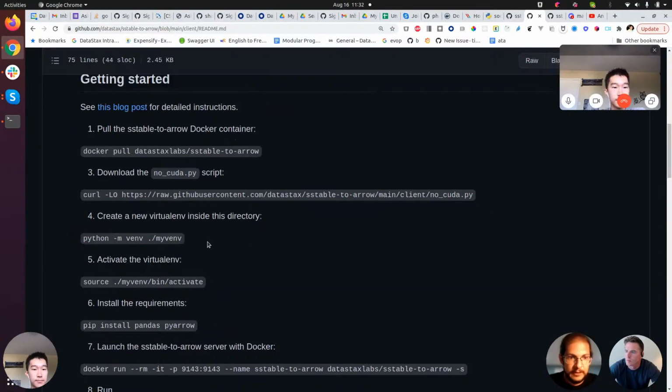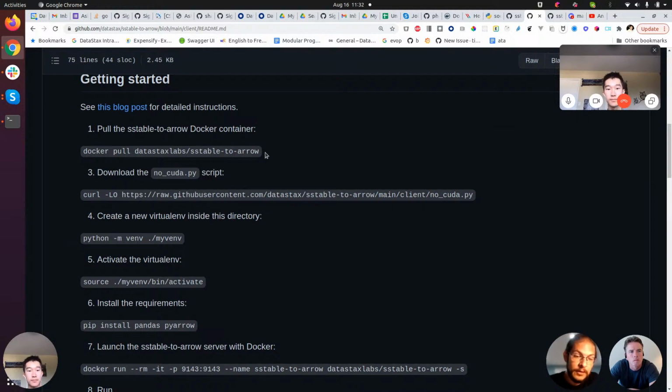And basically what it does is you point it at some SS tables, and it makes them available in Arrow format. Now, in the example here, what we're doing is we're starting up the container, telling it which SS tables we're interested in, and having it open up a network socket. And the second section here, this Python part, is a Python client application that's going to hit SSTable.arrow via that socket,